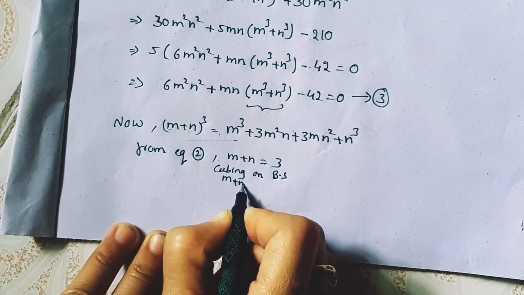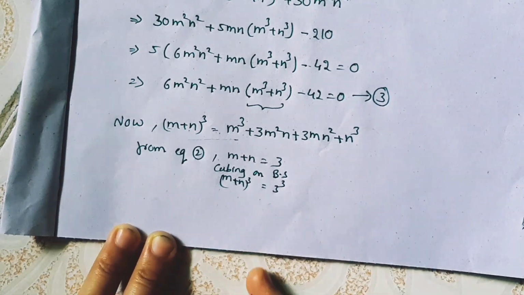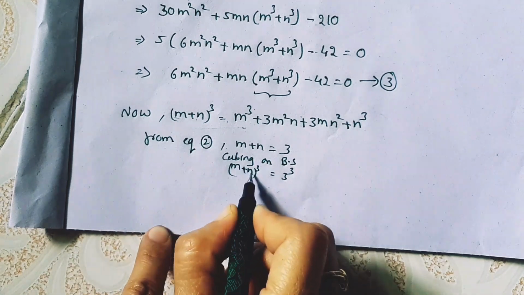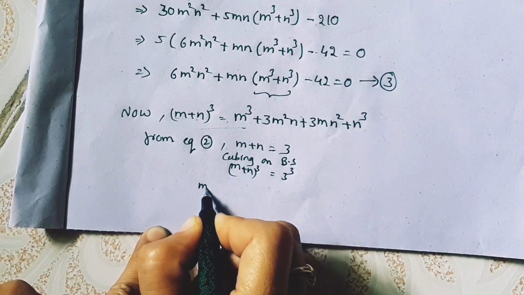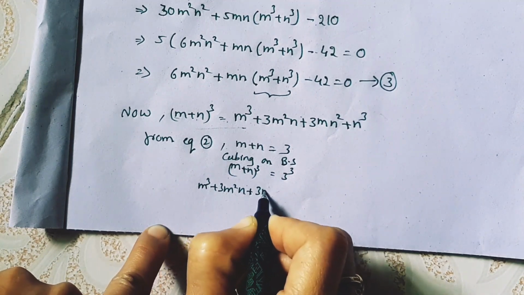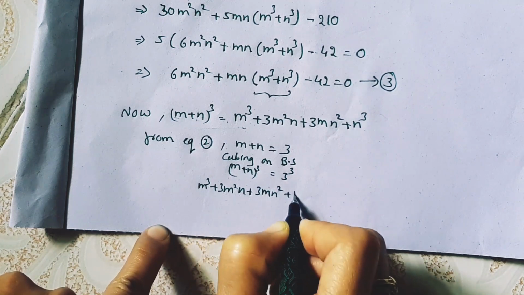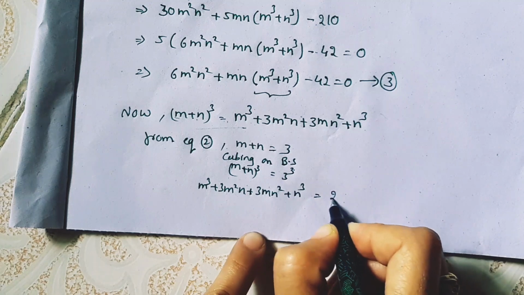Then m plus n whole cube equal to 3 cube. Okay guys, so what is the formula of m plus n whole cube? Here, m cube plus 3m square n plus 3m n square plus n cube equal to 3 cube, value is